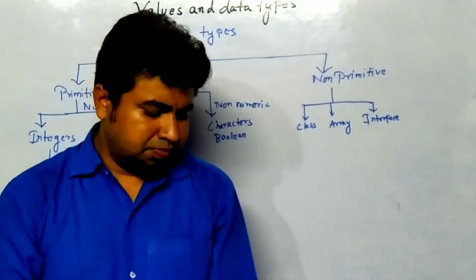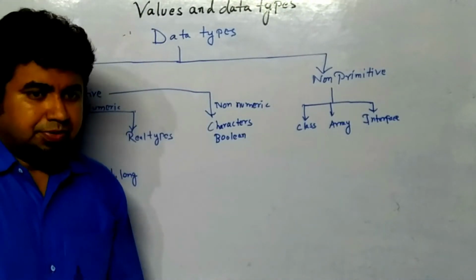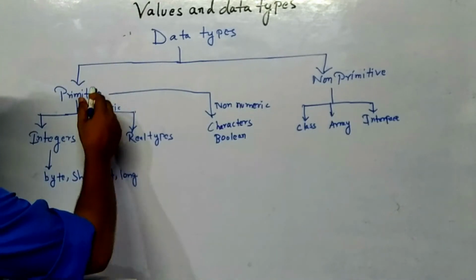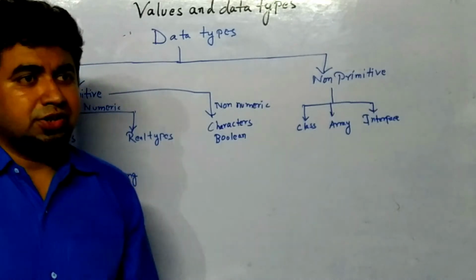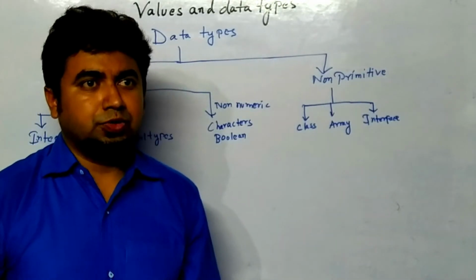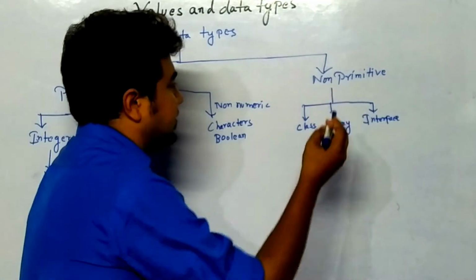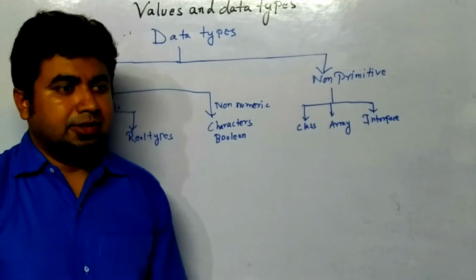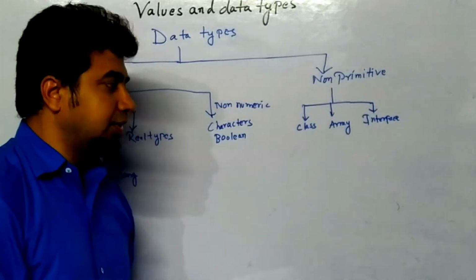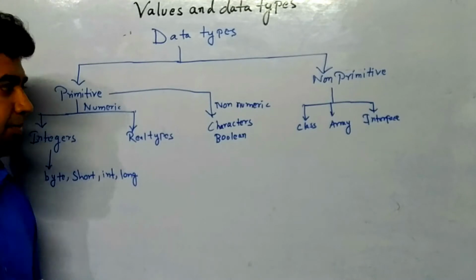Okay, as I told, the next topic is data type. Data type is basically of two types, that is primitive and non-primitive. Primitive means it is defined by the computer itself. It is inbuilt. Non-primitive means it is user defined. Users define it. That is why class is known as user defined, as I explained earlier also.